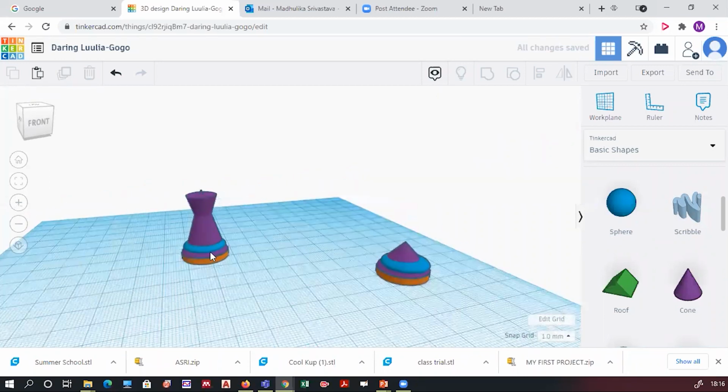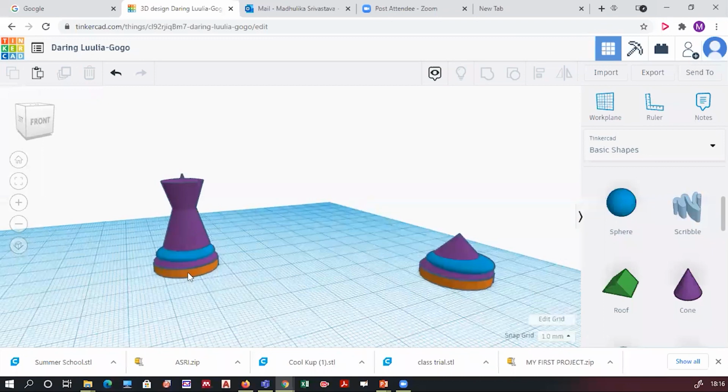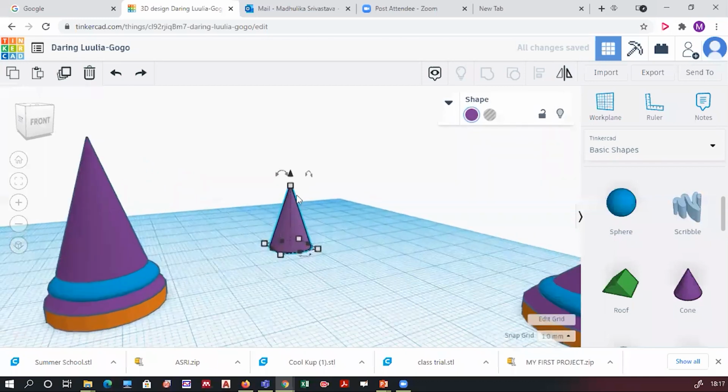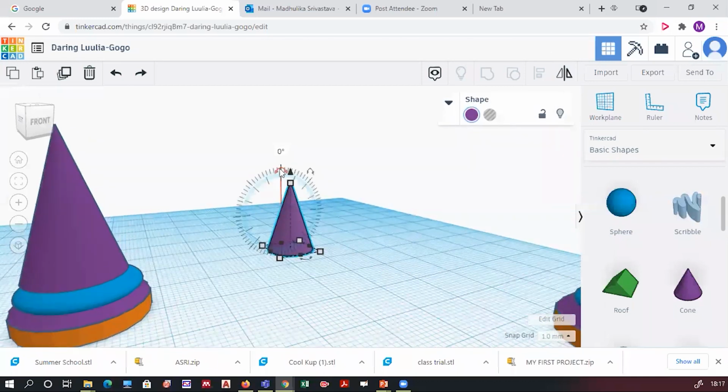All of you, please follow this. Rotate the angle by 180 degrees. How to rotate, once again, if you want, I can tell you. See, this was my cone. I have clicked on this angle, and I have clicked on 0 degree and made it 180. Rotate it. It doesn't change. So 180 and inverted.